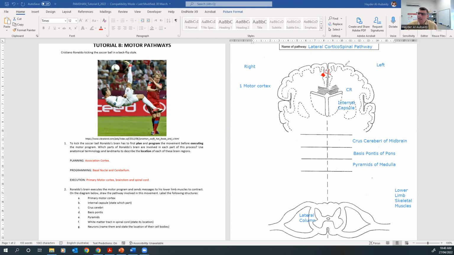Another 5 more days. So from the lower limb region, which is on the medial components of the primary motor